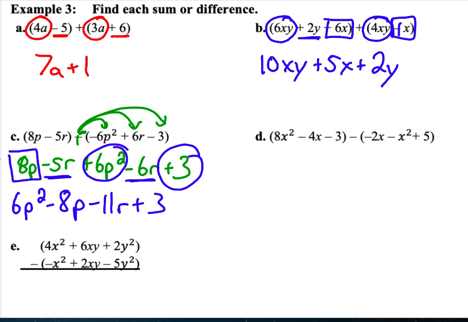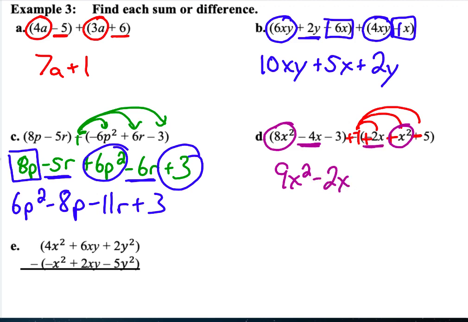Okay. So let's see that in action again. I'm going to distribute that negative 1 to each of those terms. So it becomes plus 2x plus x squared minus 5. I have 8x squared, and x squared is 9x squared. I have negative 4x plus 2x is negative 2x. And then negative 3 and negative 5 is negative 8. All right,